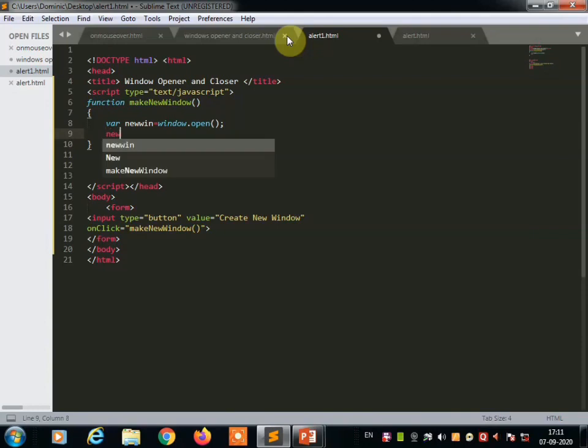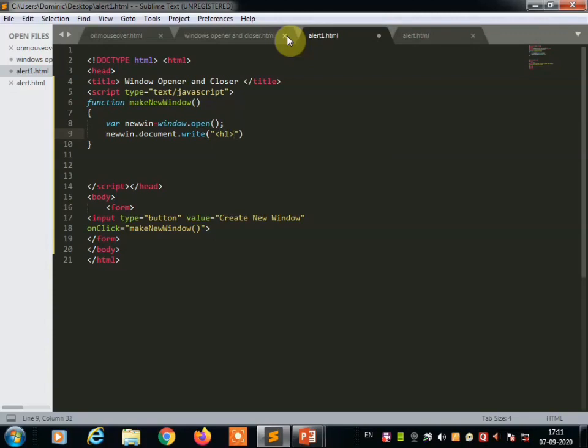So newWin.document.write. Then you write what you want to display on the web page, in double quotes. Here we can use the h1 tag for heading style.